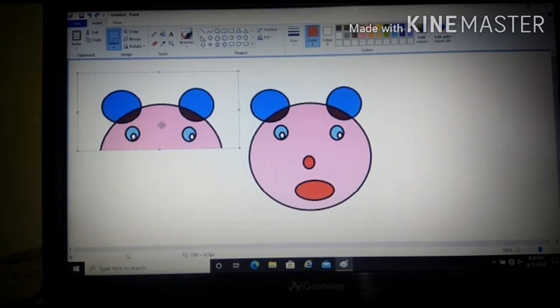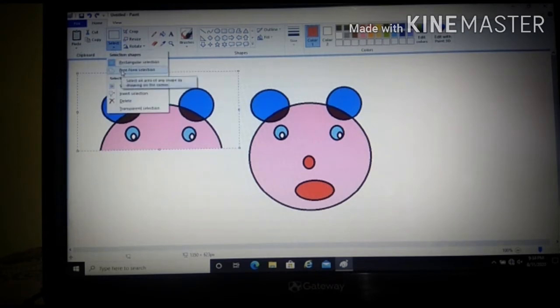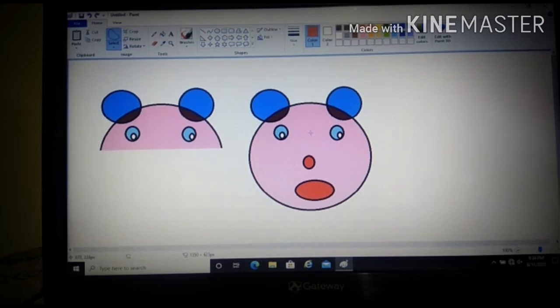Then we will move to the next option, that is using freeform selection tool. It is in the name itself, freeform. In the sense, in your rectangular selection, selection comes in the rectangular shape, but in the freeform selection you can select however you want, like you do with your pencil, right? In the same way I will show you, then you will understand. A freeform selection, select it, then the way you use your pencil you can do that like this. See what I am doing.